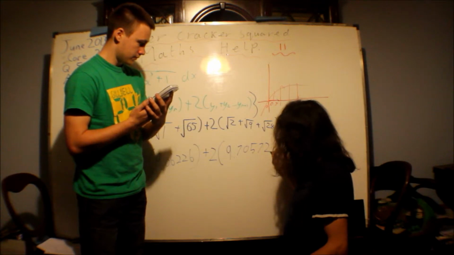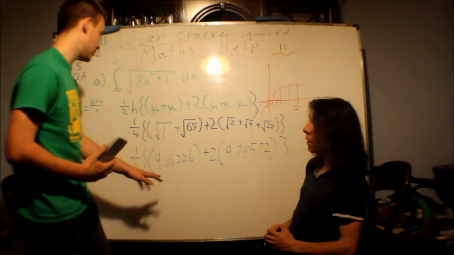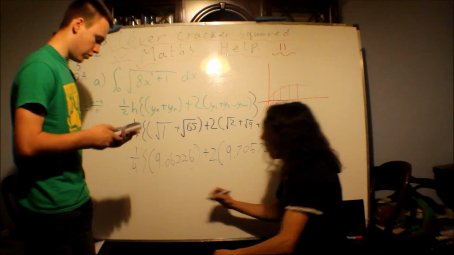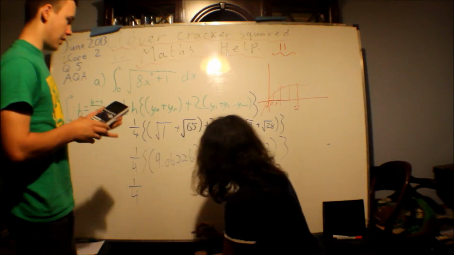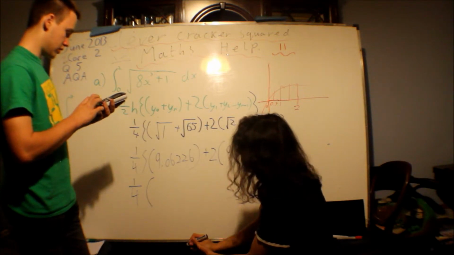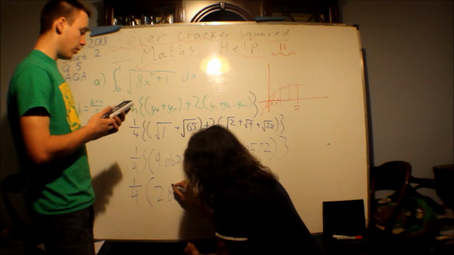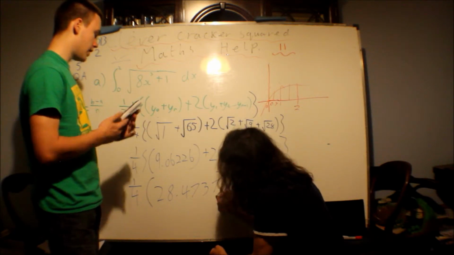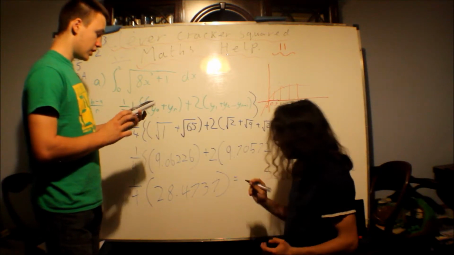Okay. And then that's again in the brackets. So you do what's inside these squiggly brackets first. You're going to do that plus 2 lots of that. So, let's do that as well. A quarter of all of this. I'm just going to do it all in one big step. I'm going to do 2 times that, then plus it to that. Get in the bracket. 9.06226 is 28.4737. Finally, we times it by the quarter, so divided by 4 gives us the final answer of